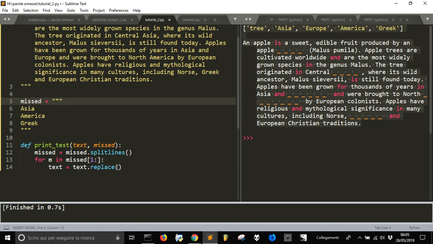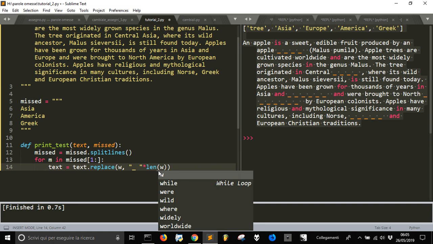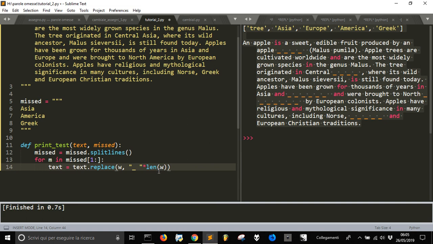So we are going to replace what? We're going to replace each one of these words, that is Asia, America, and Greek, each one of these words, with just this underscore and the space multiplied by the length of each word. So for len w, so that we have as many underscores as letters. Then